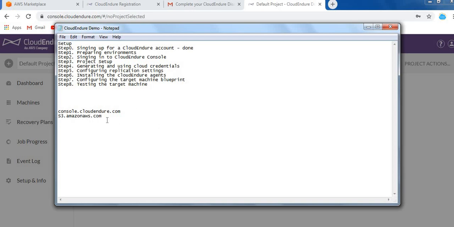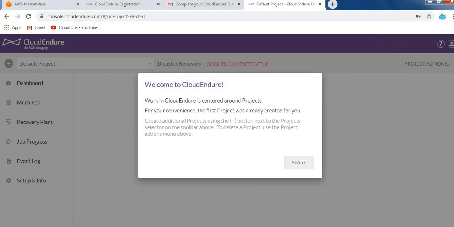You need to ensure that these two things are enabled if you are moving from a VMware environment or an on-premise environment. Okay, so let's move to the next step.